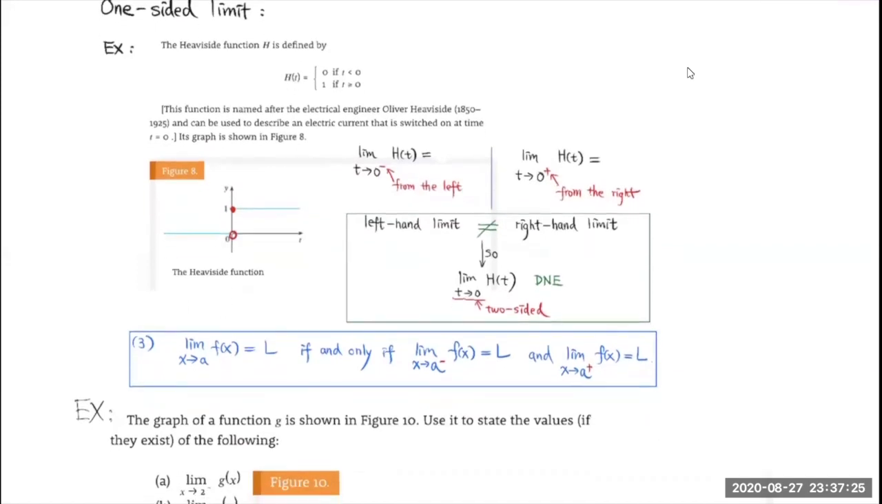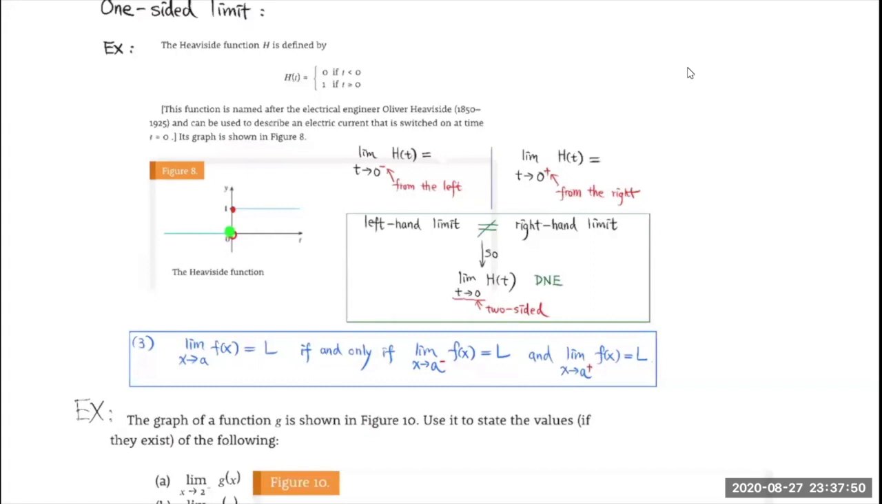So with this function, when t approaches 0 from the left side, you see this minus sign here, indicating that t is approaching 0 from the left side. And when you put a plus sign here, that means t is approaching 0 from the right side. So when t approaches 0 from the left side,